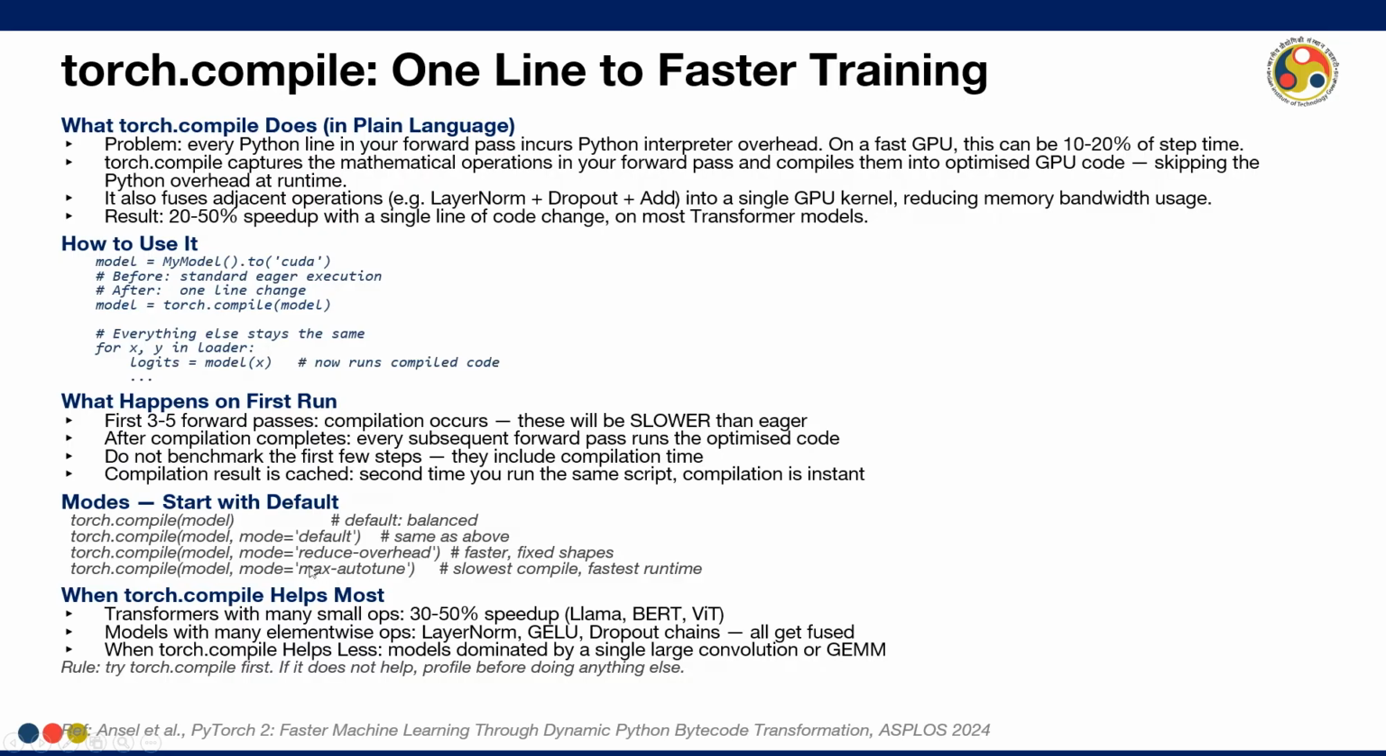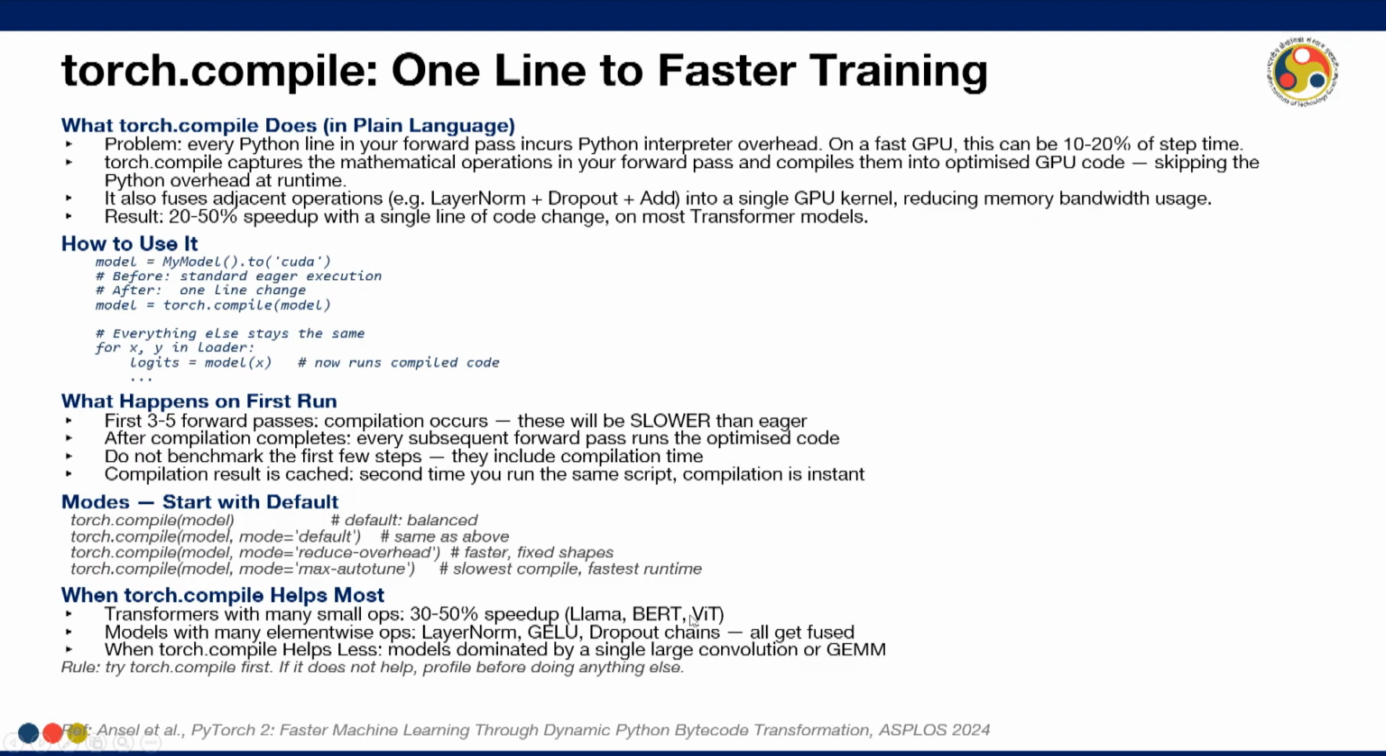But if you want to have reduced overhead, so it will be faster in compilation, and usually for fixed shapes it is good. Okay, and obviously transformers with many small operations. So which type of models will be benefiting most from this torch.compile? You can see that transformers, because even with very small operations it can get 30 to 50% speed up,